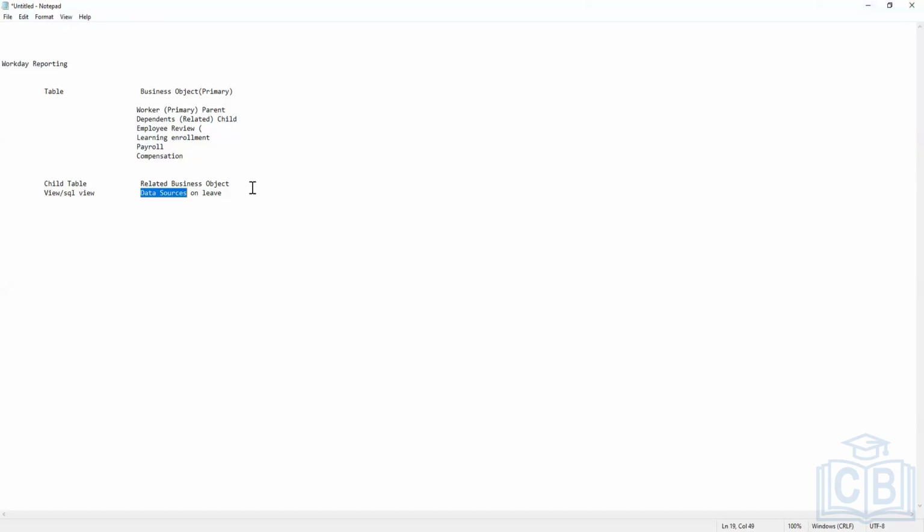To go a little deeper into this data source. In Workday, we have two types of data sources. One is the standard data source. The other one is the indexed data source. The difference between these two data sources is,